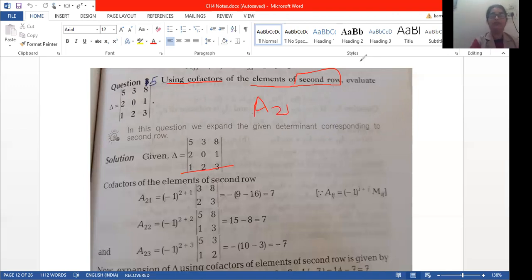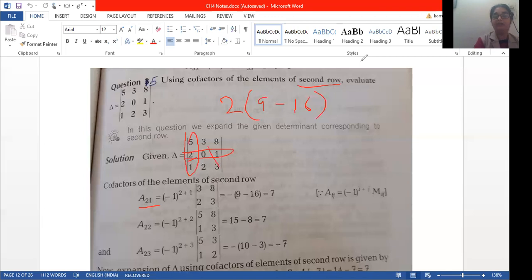A21 will be equal to what? Because we are talking about the second row, I will explain again. As we have to expand it along the second row, the first element is 2. 2 multiplied by, leaving the column in which 2 lies and the row in which 2 lies, what are we left with? 3 3s are 9 minus 8 2s are 16. Is that clear? So this will be 2 times 3 3s are 9 minus 8 2s are 16.